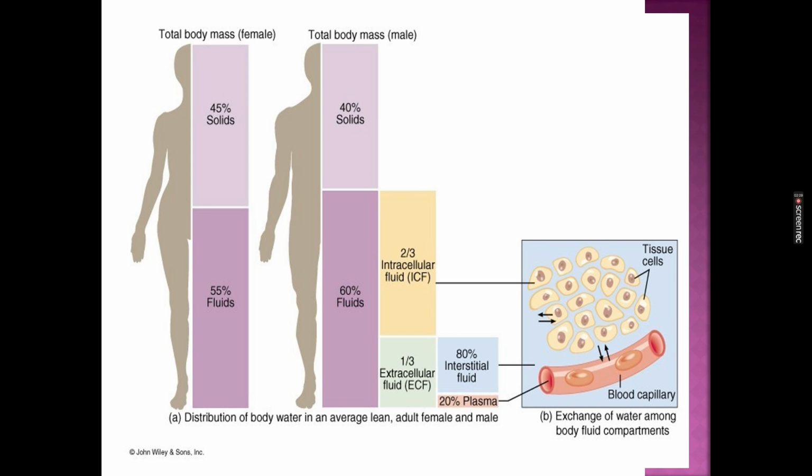So what do we mean by intracellular compartments? Intracellular fluid means the fluid contained within the cells. This is approximately 2/3 of the total body water. So here you can see these are the cells. Inside the cells the fluid is present, that is called the intracellular fluid, and outside the cells